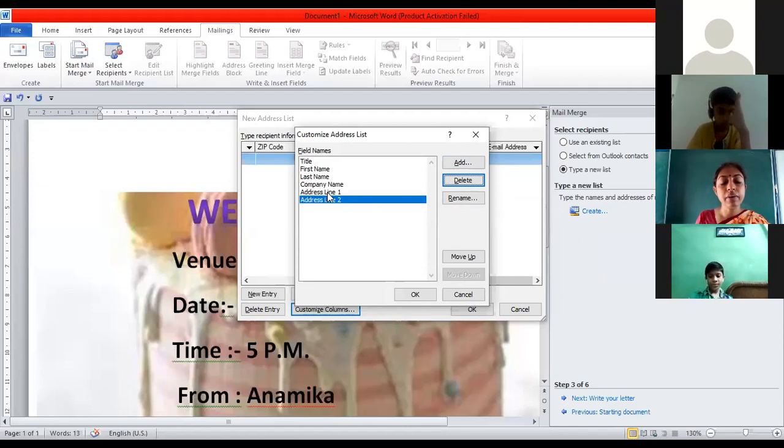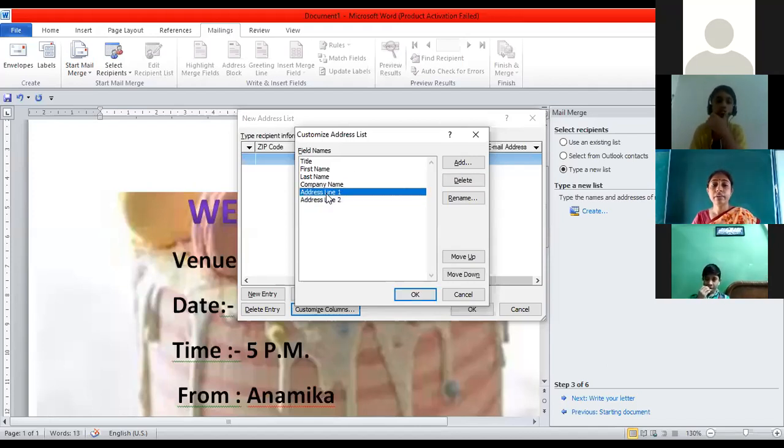Why are all these things given? Because in many places, such as official letters, people may want to use them, whereas we are writing an informal letter right now. So address line 1, address line 2, I don't want.